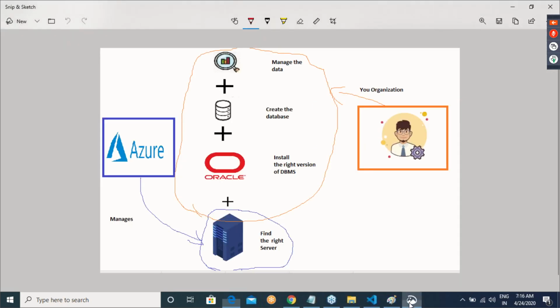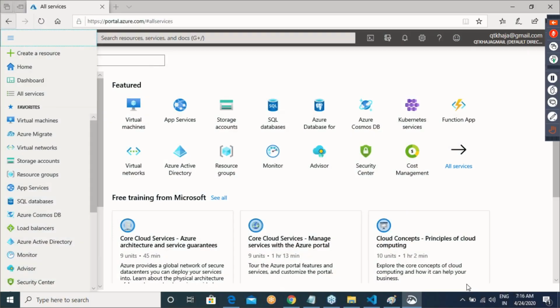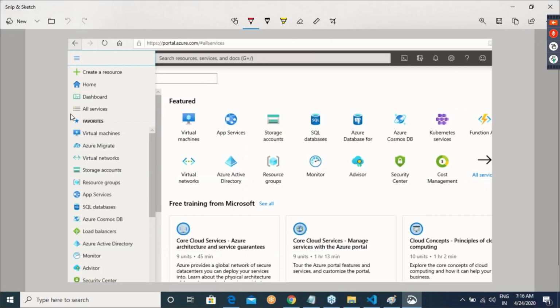I'm giving the screenshot. First, click over here once you log in to your Azure account, and then all services.